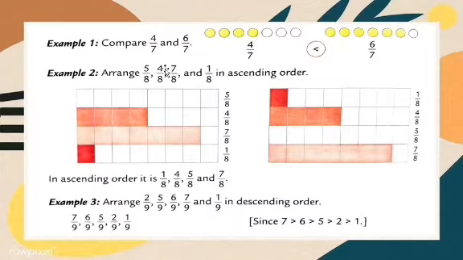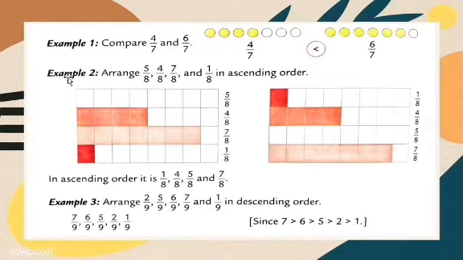If we were checking unlike fractions, we would have to check the denominator also. But here we are solving like fractions, so we are only checking the numerator. The numerators are 4 and 6. Understood, my dear students? So 4 upon 7 has the smaller numerator, and 6 upon 7 is greater than 4 upon 7. So we put this sign. Understood? Now example number 2.